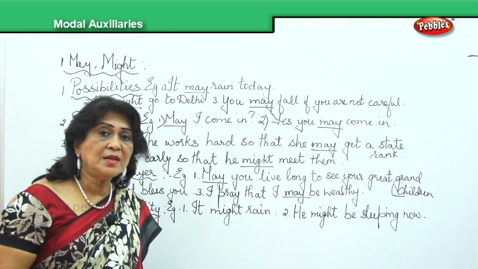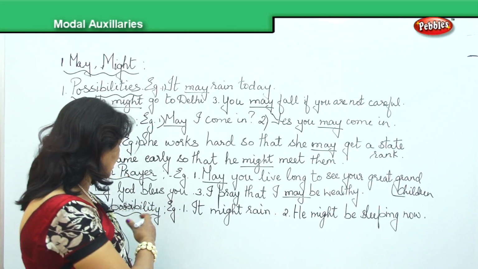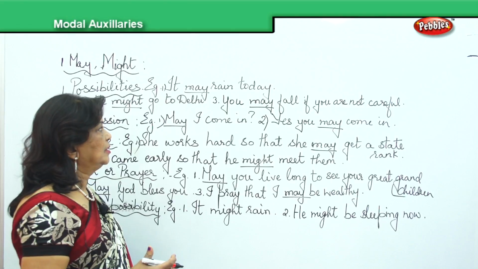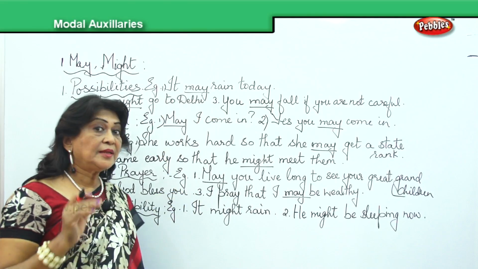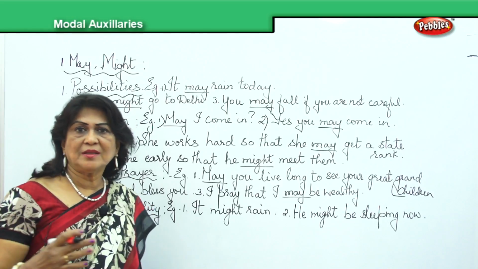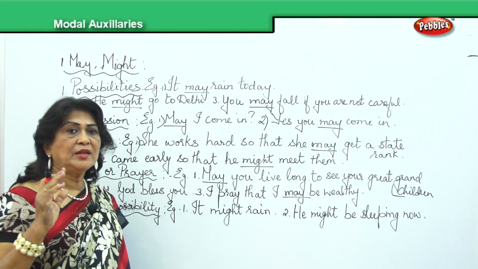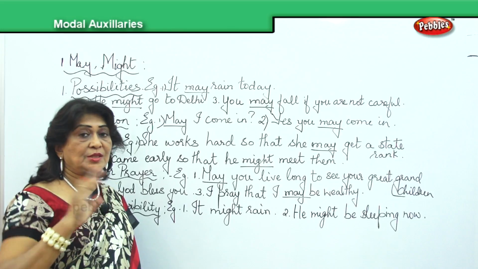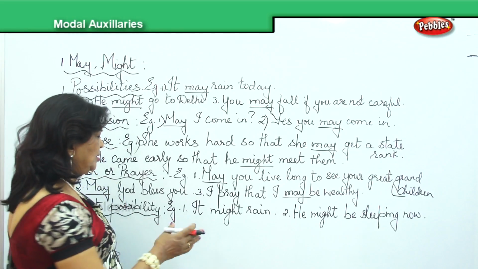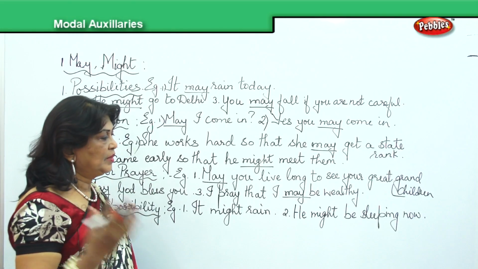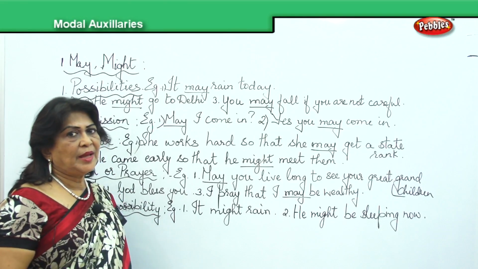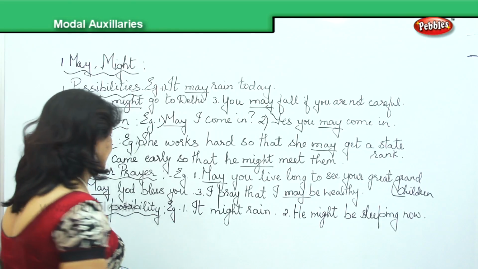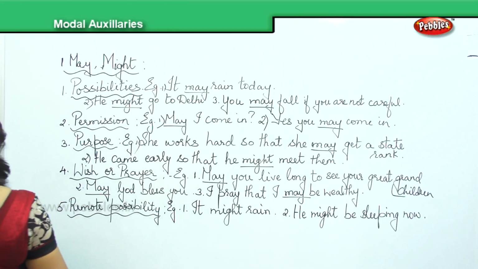He might be sleeping now. These are remote possibilities. Here we see it may rain today. That is, there is some possibility because the weather is so chill and also it is quite cloudy. But here it might rain. He might be sleeping now. It may happen or it may not happen. Next one we will see